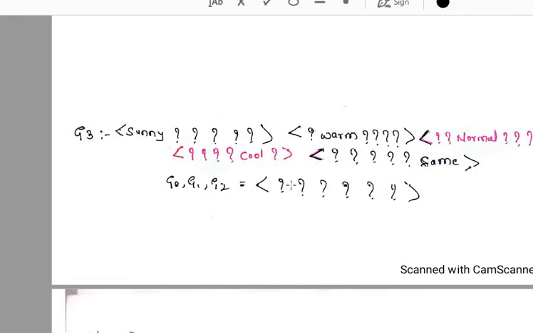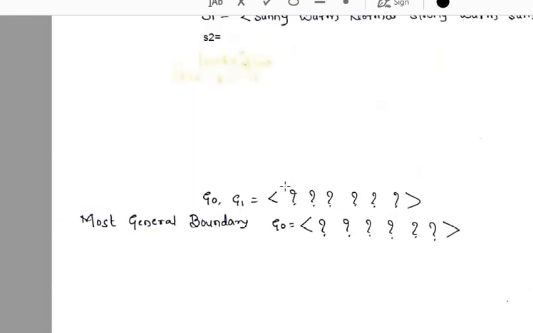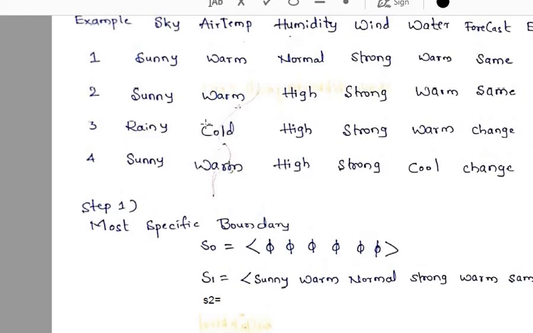So now as you can see here, please remember this very important point: the first attribute value is question mark here. So how many examples have we seen till now? We have seen 3 examples, that is first one, second one and third one. So now we are in the third one, that is rainy. For rainy it is classifying negatively, that means for which value will it classify positively? For which value will it classify positively? That means it is the opposite of rainy, right? So what is the opposite of rainy value? It is sunny. Is that clear?